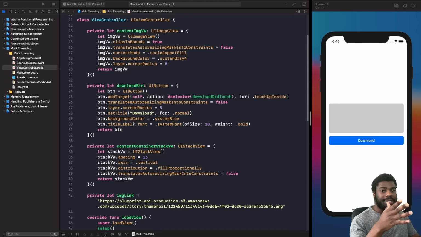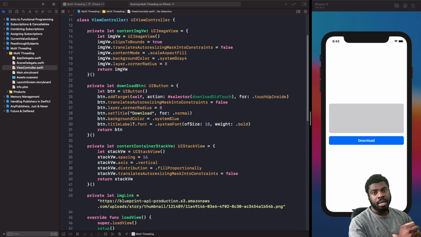So essentially, multi-threading is when you want to move processes onto different threads. Imagine you have a motorway. Rather than having one lane on a motorway, there are three different lanes, and that allows each car to move through the motorway quicker. So in programming, or in iOS development in general, you can use multi-threading to offset heavy tasks